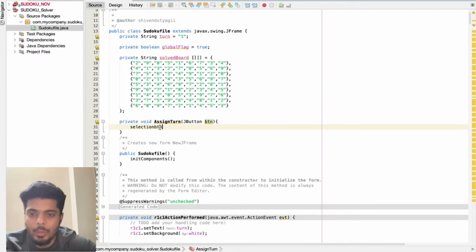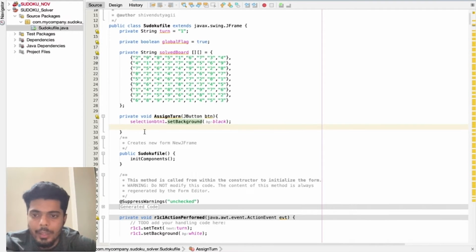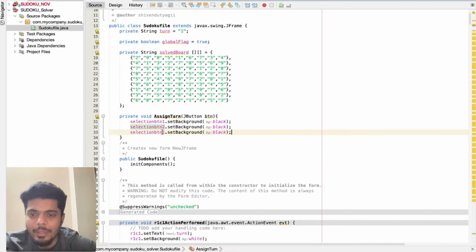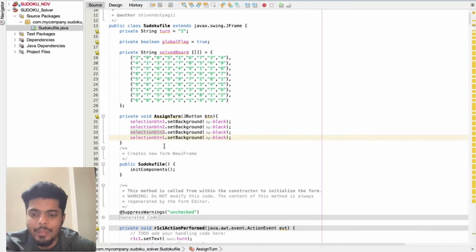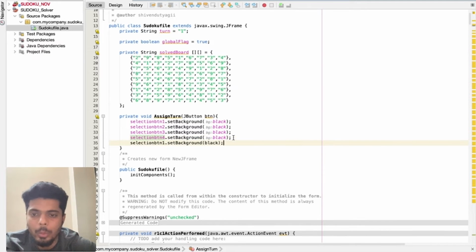selectionButton1.setBackground as black. A very simple approach. I'll set the color of every single button as black in the starting. Then after setting every single color as black, I'll set the color of the button which is received in params as blue.